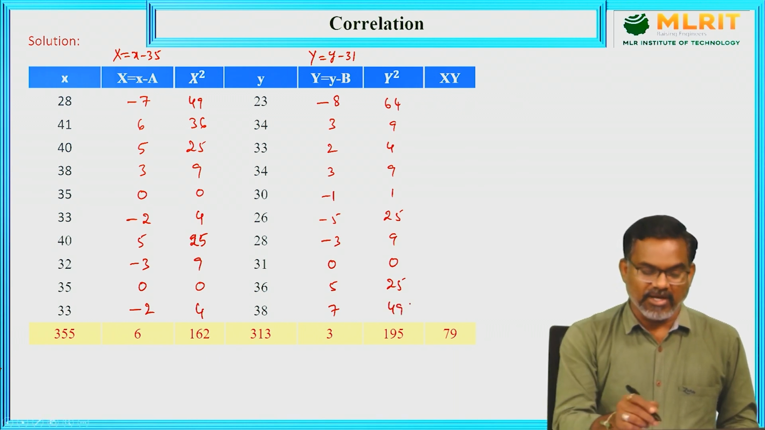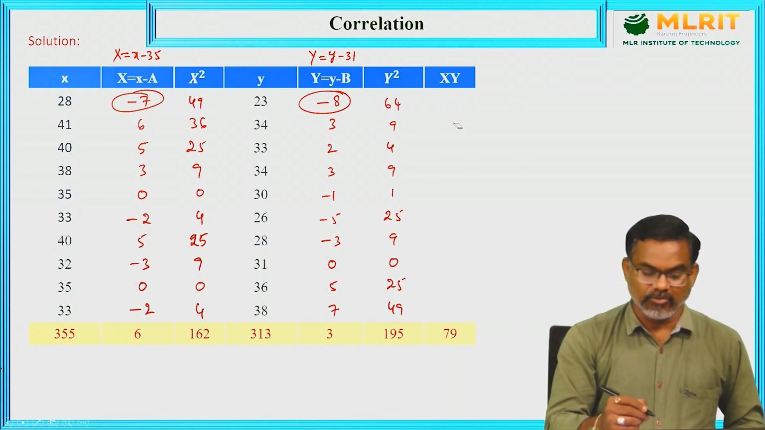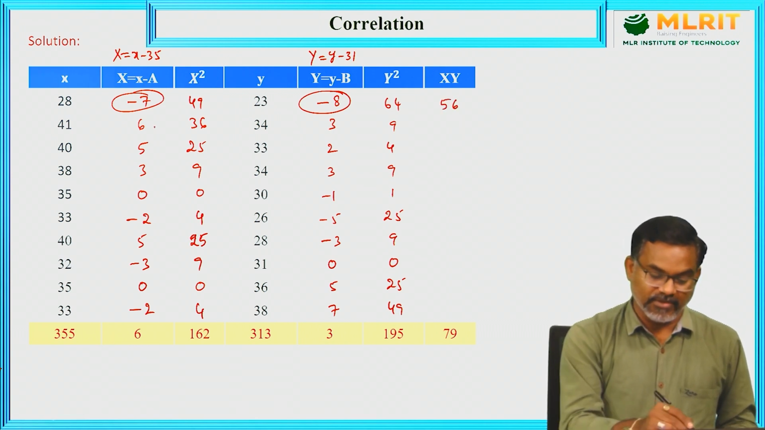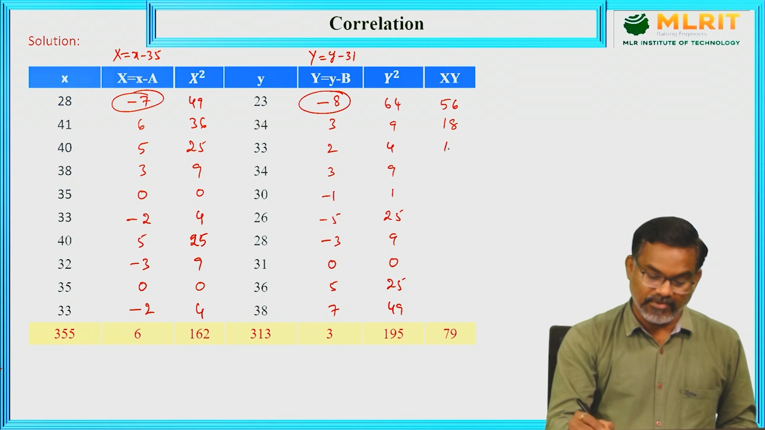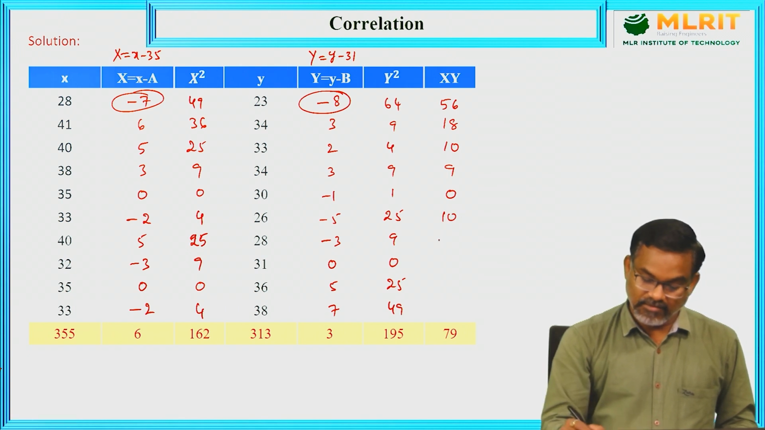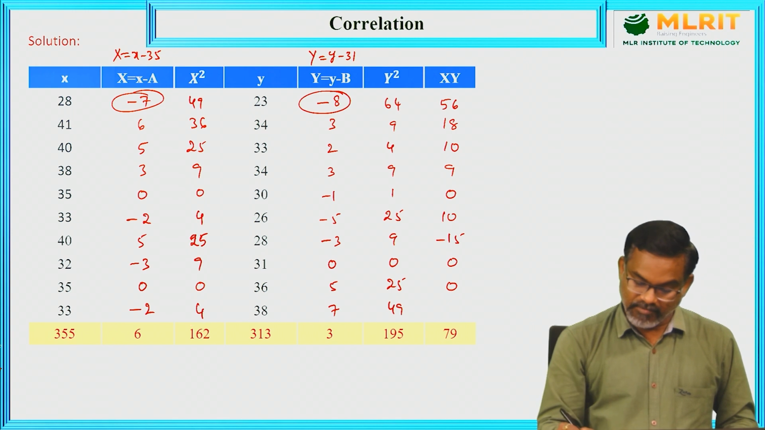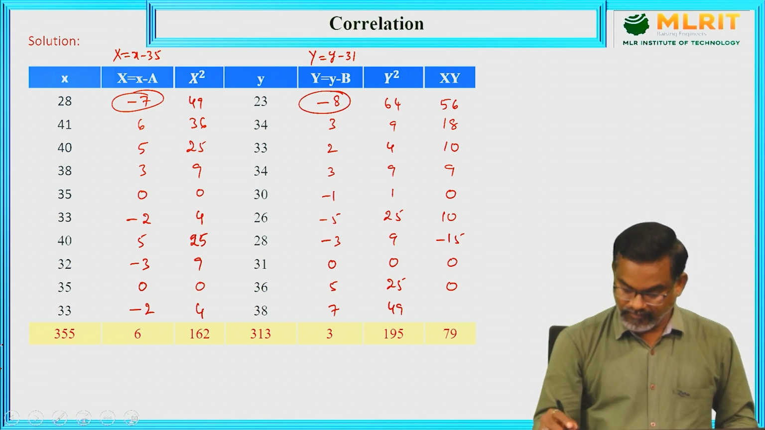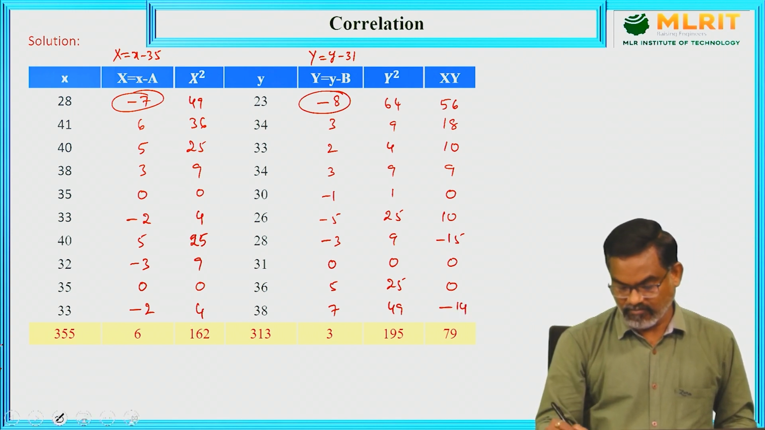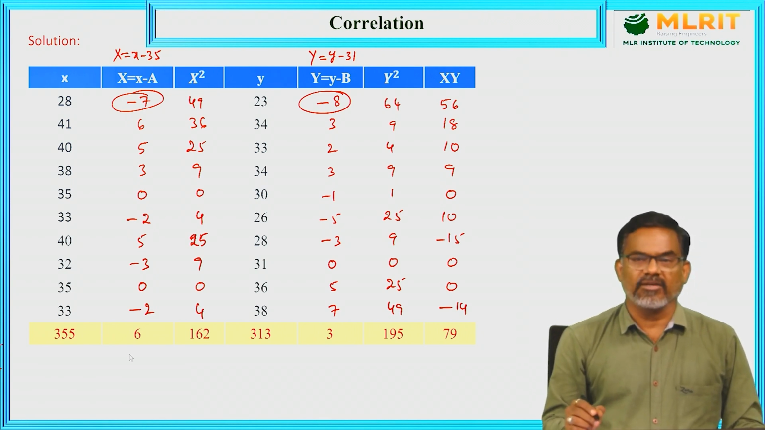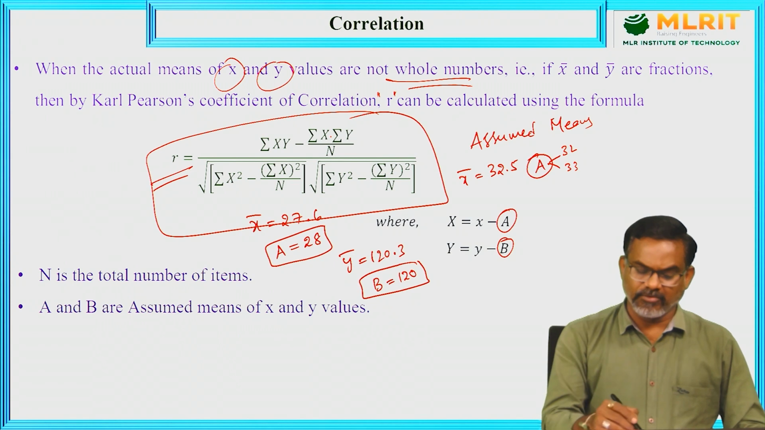And now we need to calculate the product of these two values, capital X and capital Y. So, this is 56, 6 into 3, 18, 10, 3 into 3, 9, then 0, then 10, minus 15, again 0, 0 and minus 14. And these are the totals, and here since the means are not whole numbers, we are using a different formula,